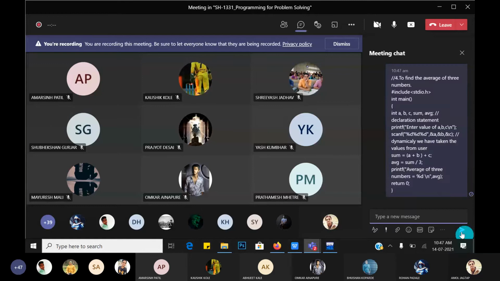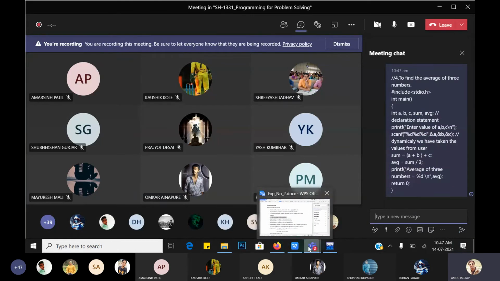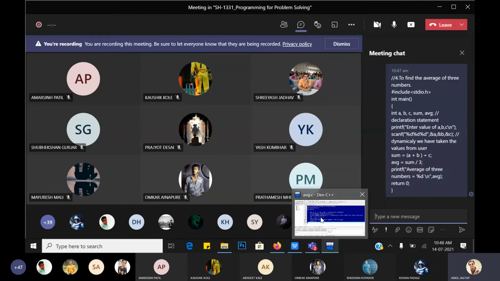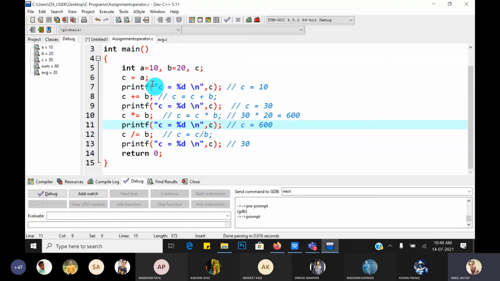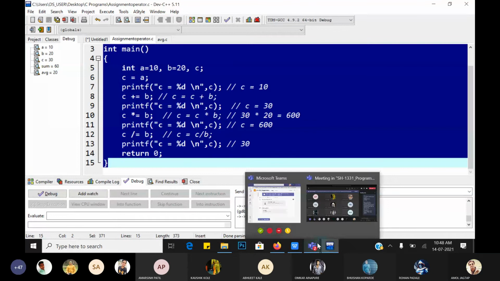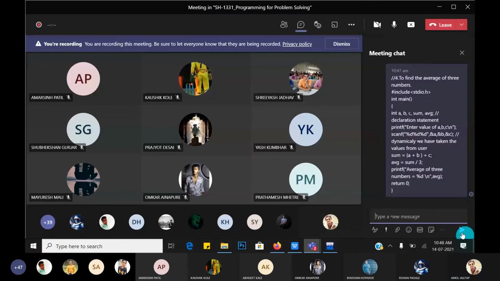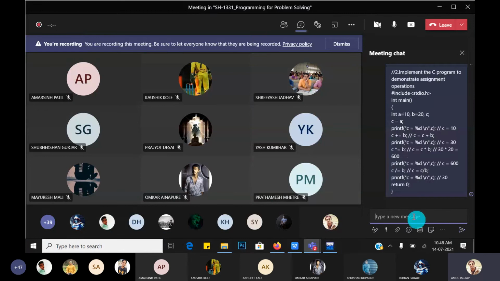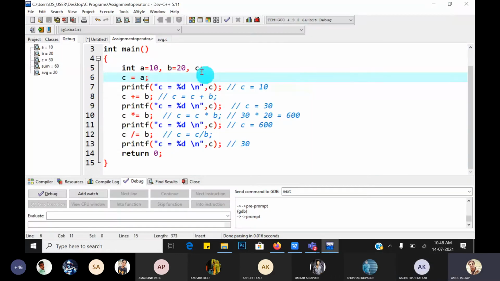Yes, you can go through this code also. First program code, I will share, and the assignment operators code also. Yes, the chat window is visible to everyone. Yes, sir. Great, Mayuresh. I hope you understand these two programs.